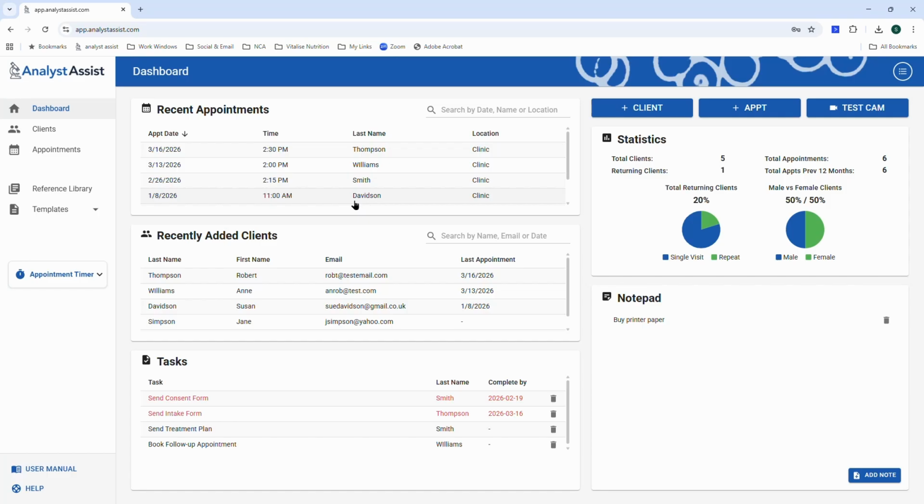Great. So there we are. We've completed the basic workflow, and we can see quick links to both our new client record and appointment record in the dashboard tables. As mentioned, Pro subscribers are able to customize many different areas of the app to their needs, and every feature of AnalystAssist is discussed in detail